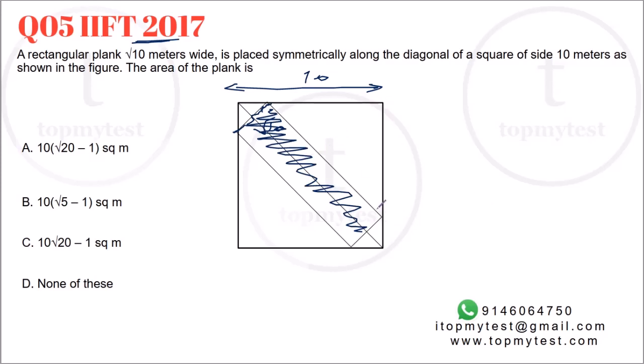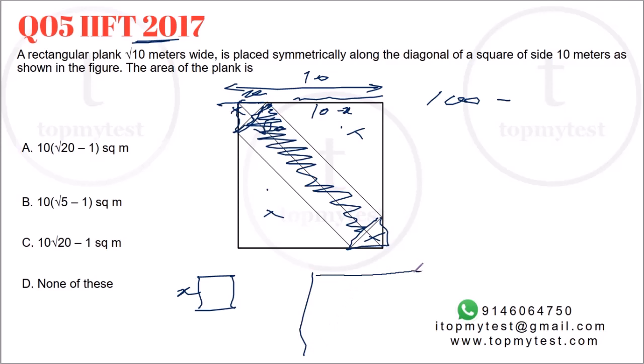Now what I can do is, I know the area of the full square. Area of the full square is 10 square, which is 100. From this, I can take out the cutout part, whatever is taken out. Because of the symmetry, if you combine this portion and this smaller portion, they will make a square of side x. The balance portion is 10 minus x. The larger two parts will make a larger square of side 10 minus x. If you take out these two areas from 100, that will be the leftover portion.